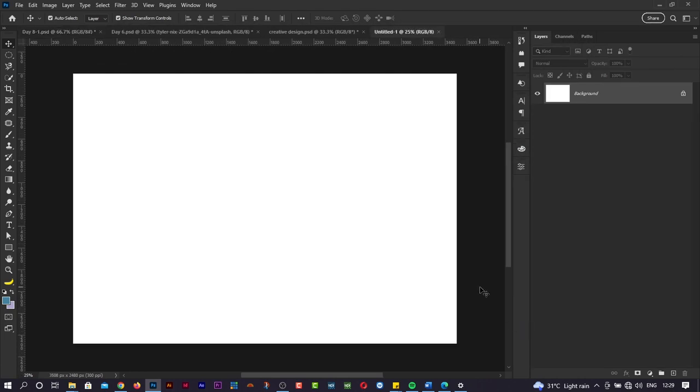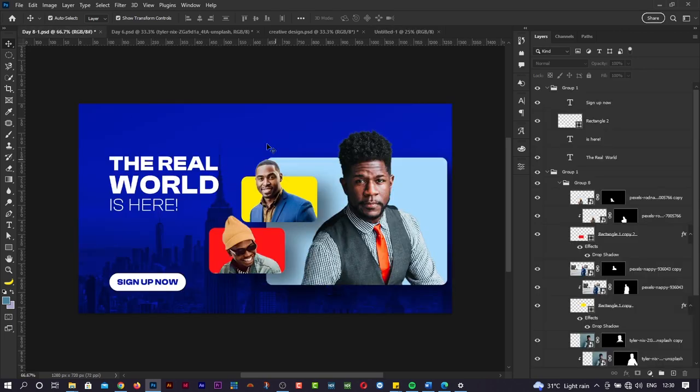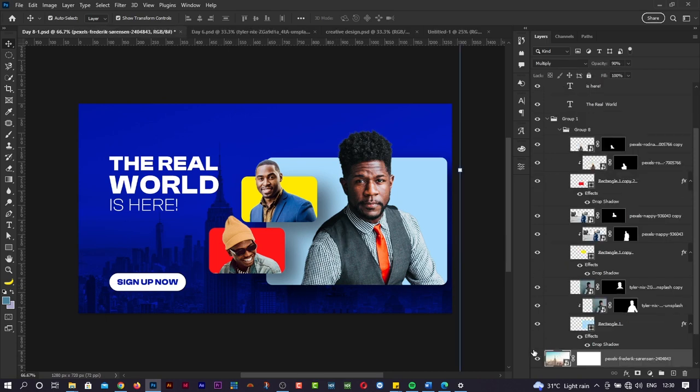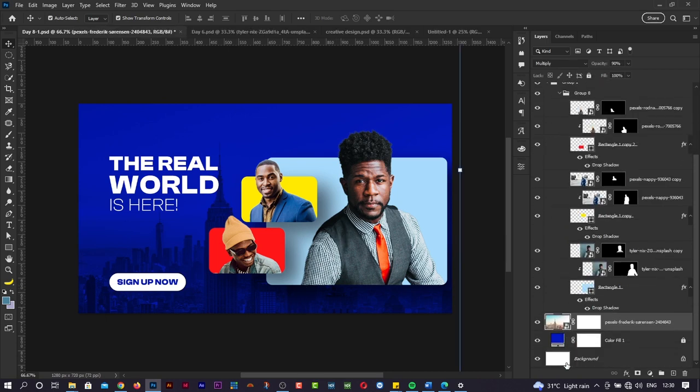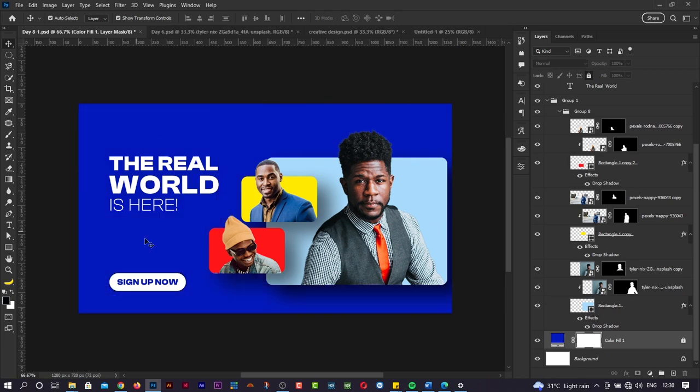So we want to talk about blend modes, okay? Before talking about it, let me just get back to this one here and explain what blend modes are using this particular design here. So we have done our design, right? So I'll just take away this here. So let's say we have done this design, right? Then now we decide to bring in that particular